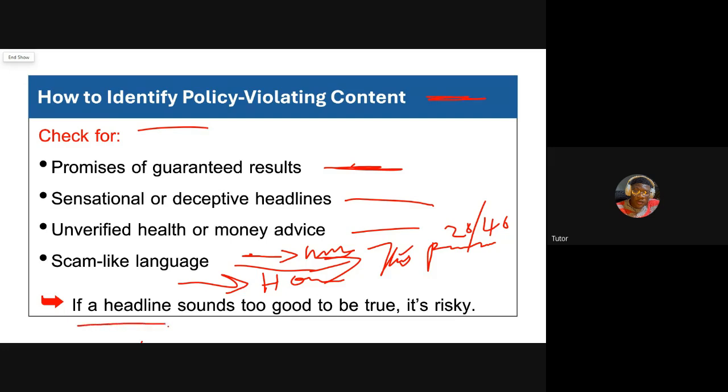Now, if a headline sounds too good to be true, it is risky. Just like this scam language saying, click this link and you win 100 billion naira. It is too good to be true. And because of that, AdSense will see it as